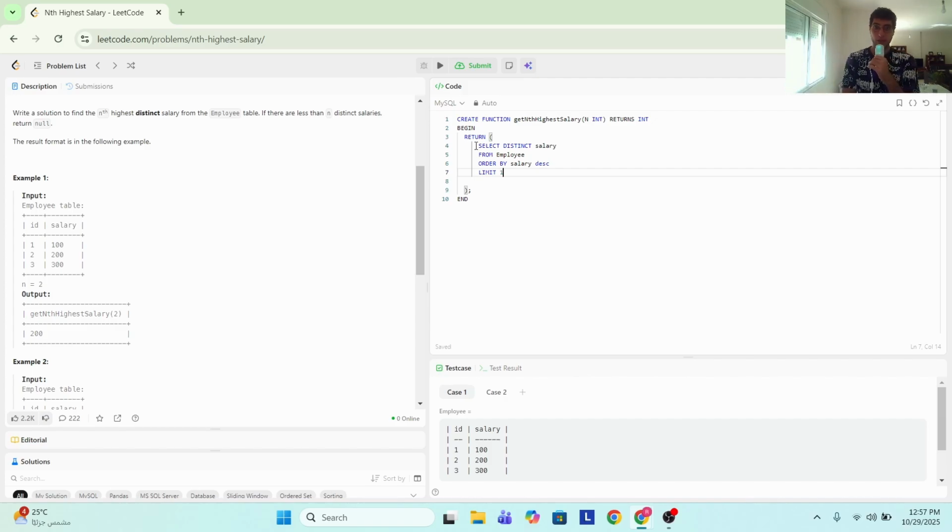Now remember, in our function, they gave us an input n, which means the nth highest salary. And so we're going to use n to return the nth highest salary. And that's what we're going to use in our offset. But remember, if we want the second highest salary, then we need to have an offset of 1. And therefore, if n is equal to 2, then we have to have an offset of 2 minus 1. And so basically, what our offset is going to be is an offset of n minus 1,